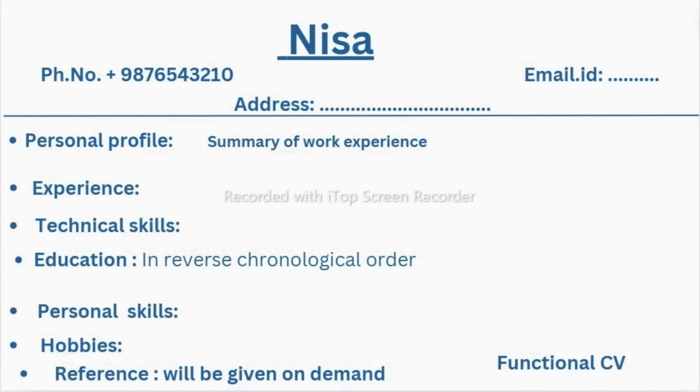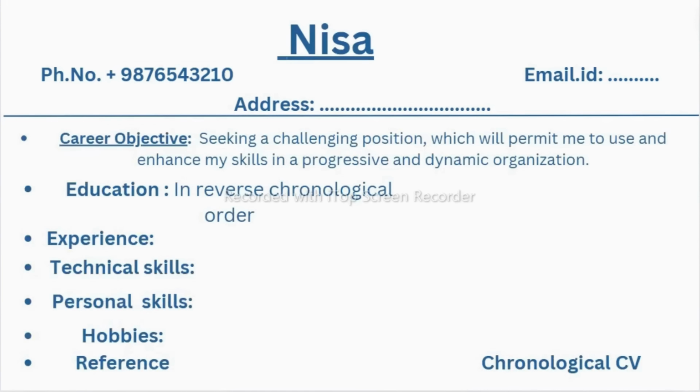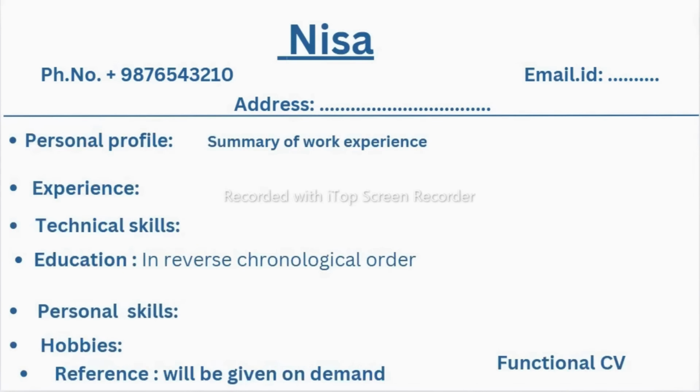So here, in the functional CV, you can see the same information and the same headings are there. You just need to change here, personal profile. There we have written career objective. You can see I have written career objective in the chronological CV, but here you need to write personal profile,